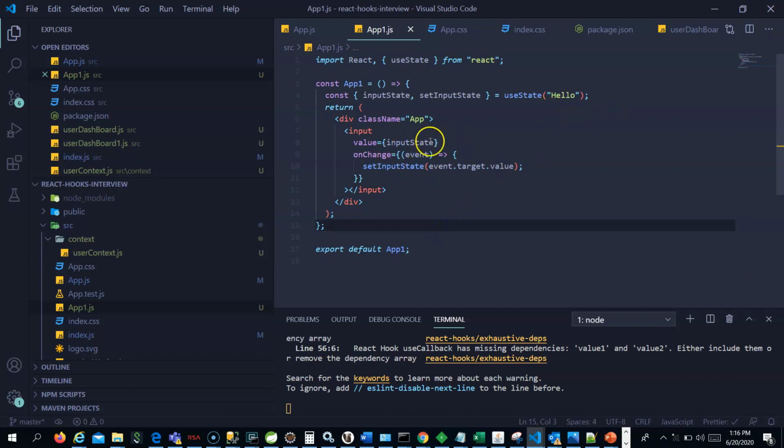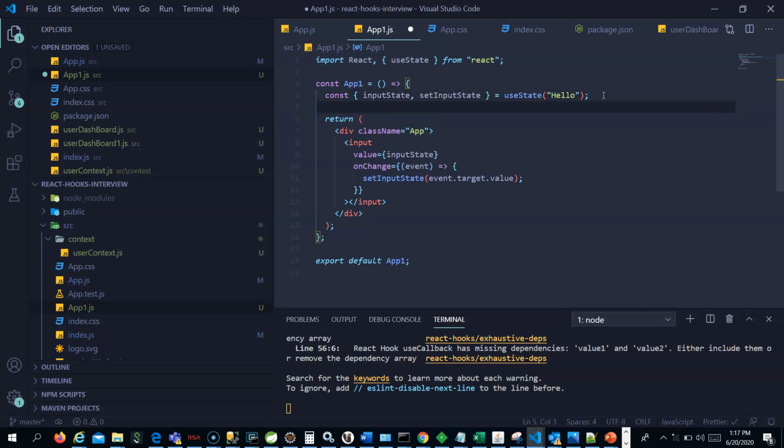So now every time somebody changes this input button's value, this component should get re-rendered. So let me also put a console log so that you understand.